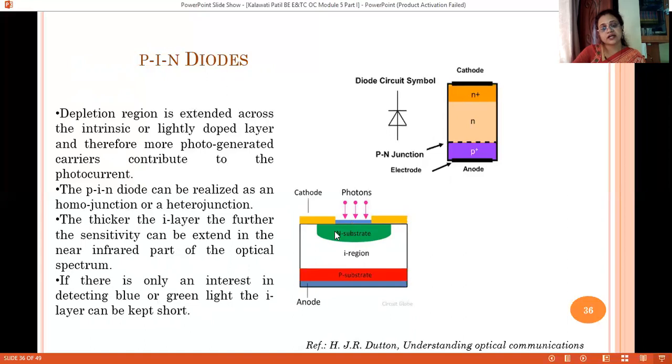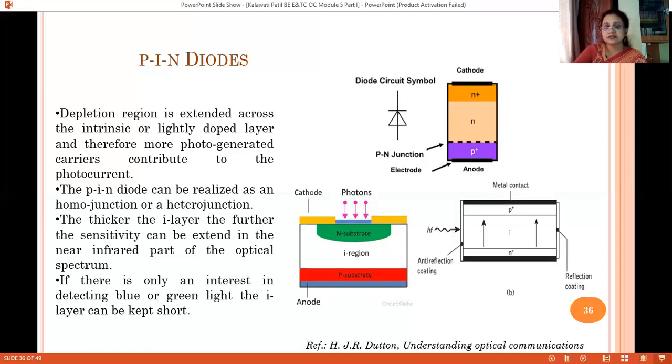You will observe that this substrate thickness is quite low compared to the thickness of the I region. So the maximum absorption will take place across this I region, and we can get increased photo absorption and hence photocurrent. There is one more structure which was proposed by the researchers, and this is the side structure.